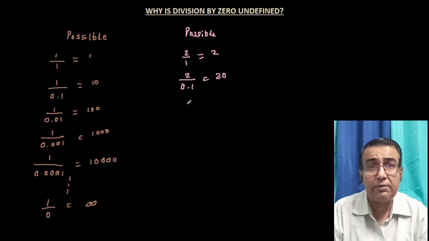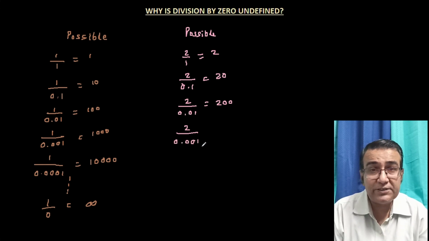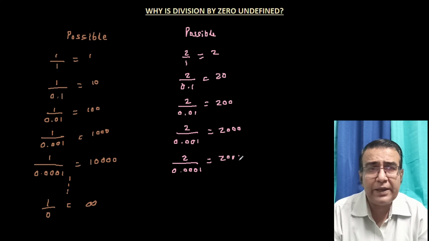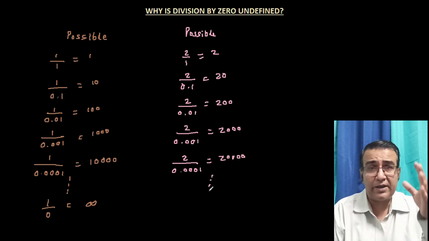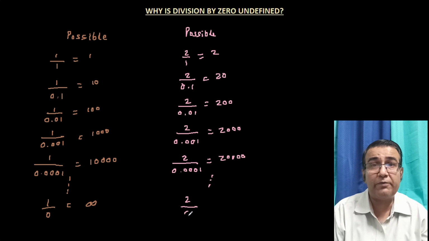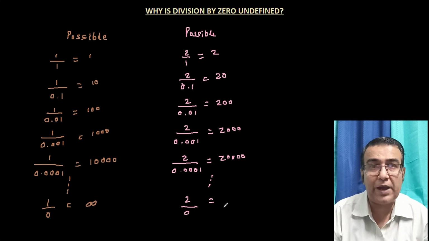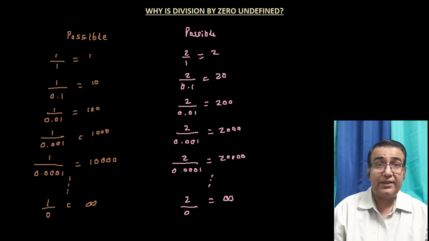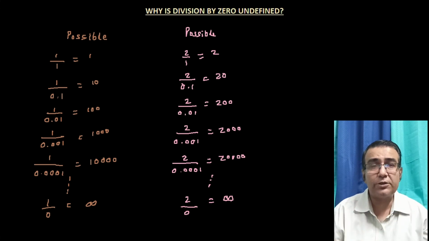We take an even smaller number, so 2 divided by 0.01 gives us 200. Even smaller number, 2 divided by 0.001 we get 2000. And a very small number, 2 divided by 0.0001 we get 20,000. And again, as the pattern continues, I can see that 2 divided by 0, if we were able to actually come to 0, then 2 divided by 0 should again give me infinity. Yes, that's also logical. And yes, so the logic works.